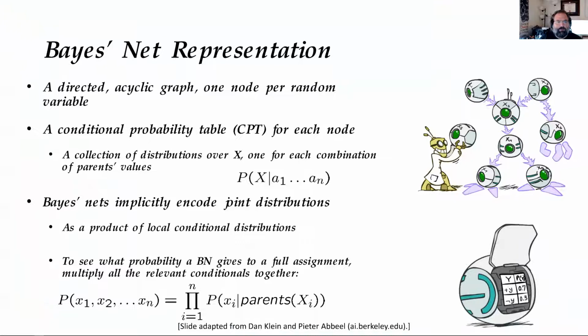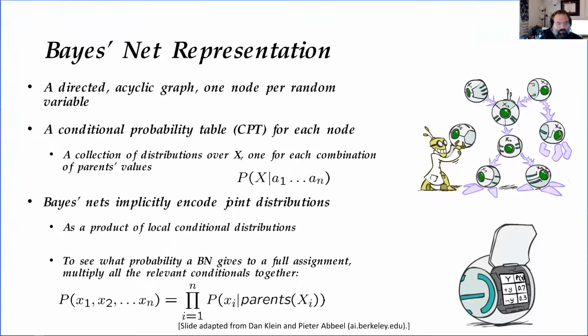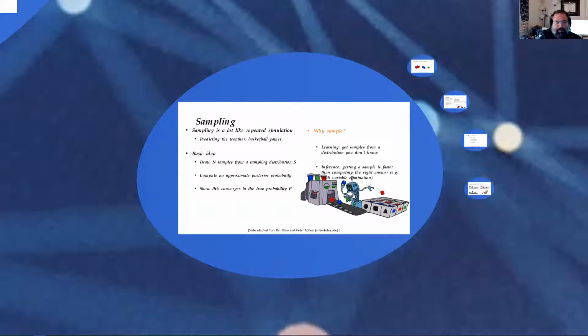So instead, we do some form of calculations. And again, revisiting that a Bayesian net is a directed acyclic graph, one node per random variable. And moving on to this concept of sampling. So it's kind of like a repeated simulation. And for those of you who had the simulation course, you hopefully can see how that might be. And the basic idea is that you're going to draw in samples